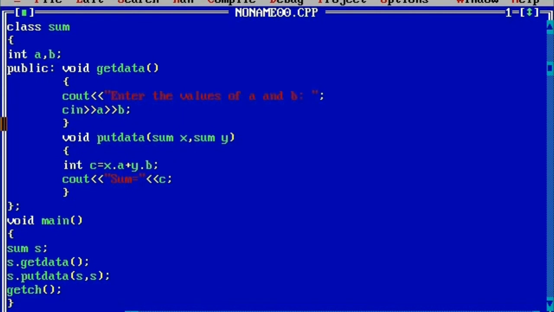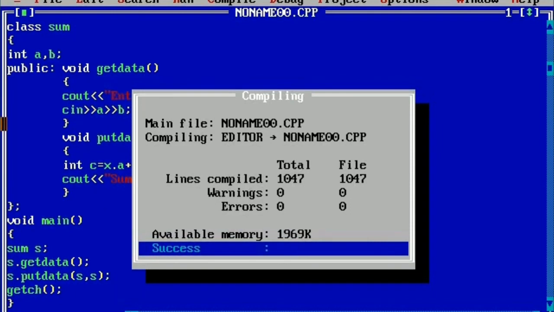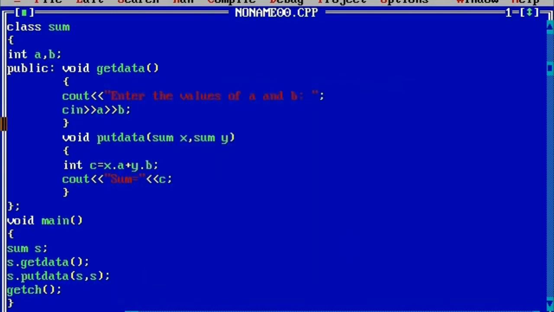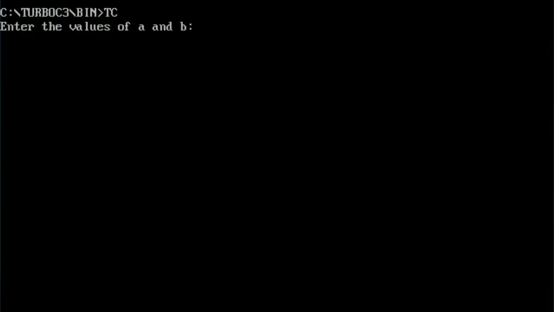Here you can see we'll go for Ctrl Alt F9 to check the syntax errors. There is no error at all. Next we'll go for Ctrl F9 to run the program.